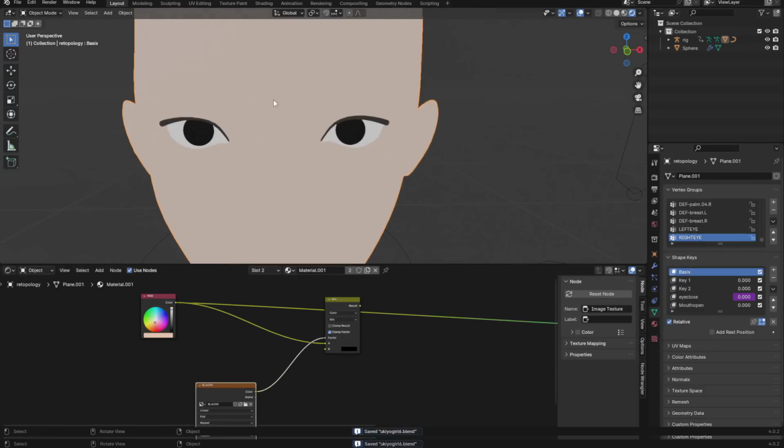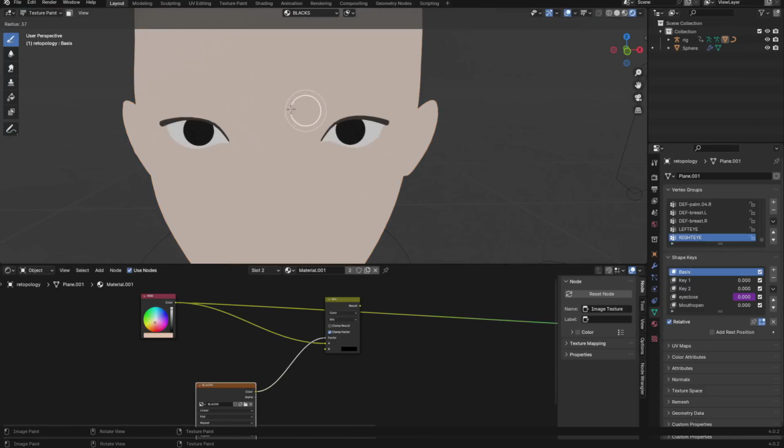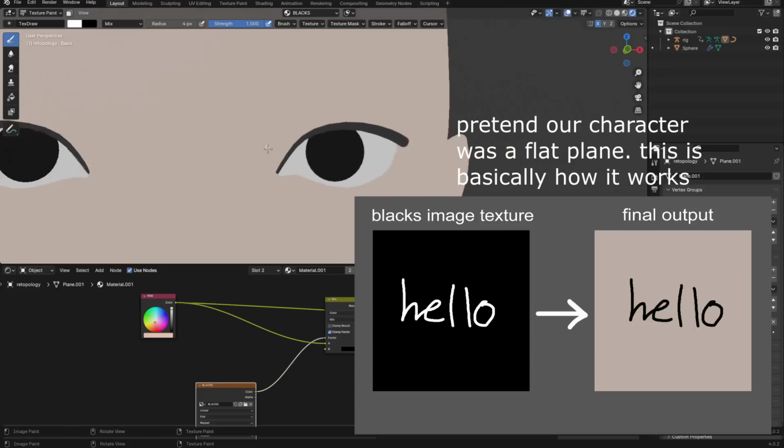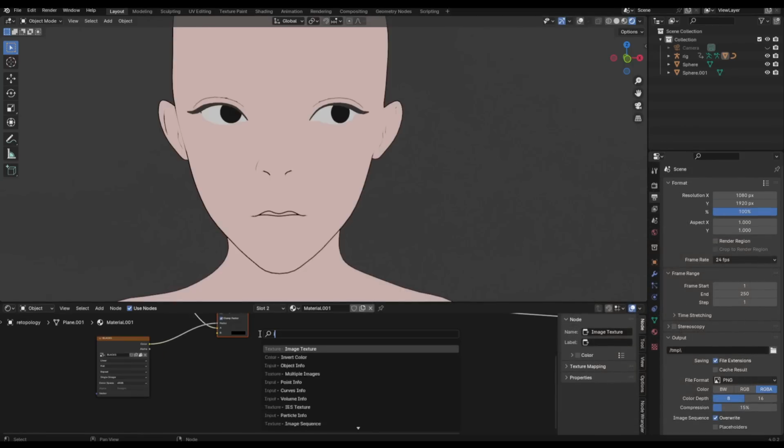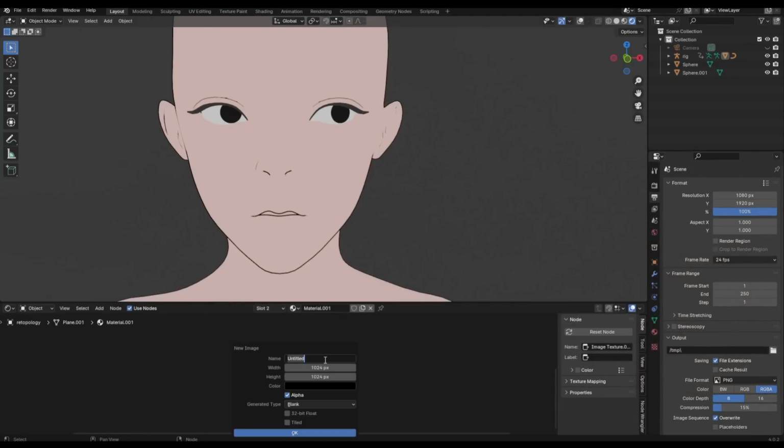This works because since we plugged in the image texture into the FAC, the image texture becomes a mask. Basically, the dark places in the image texture correspond to the A value, whereas the whiter places in the image texture will correspond to whatever we set as the B value. Naturally, the image texture is set to black by default, meaning that when we draw with white on it, wherever we draw white will end up being black on the skin because we have black assigned in the B slot. So as you can see, using that image texture, I just draw in the fold for the skin above the